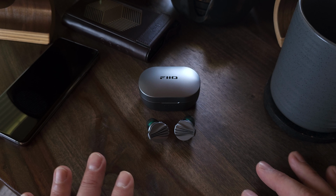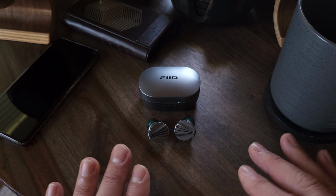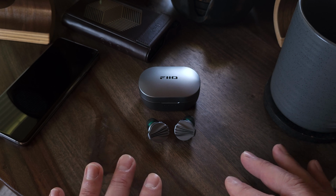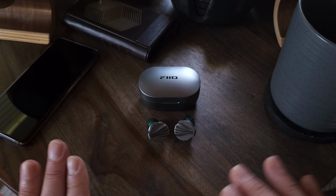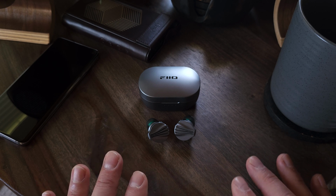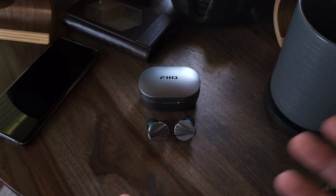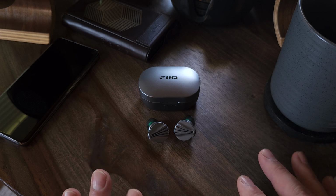In terms of tuning, I truly feel like this is probably one of the best TWS earphones I've heard at this price, and even competes with many wired IEMs in the $100 price range, and I've got a few. That being said, I still think you can achieve better overall performance with wired IEMs. Take the Galileo or the Keymed Classic, for example. So what it really boils down to